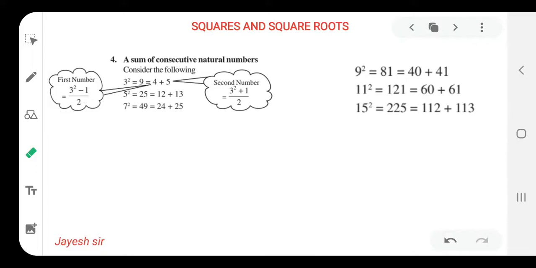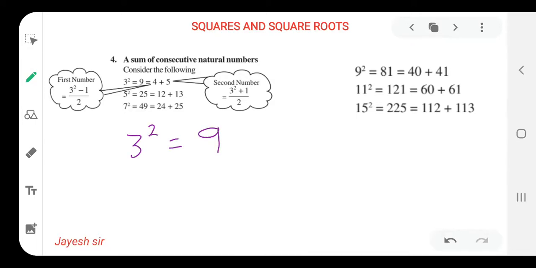What we are going to learn today is the sum of consecutive natural numbers. Consider the following. Try to understand it on your own. Yes friends, I am definitely going to explain, but if you can understand by yourself, it is a good thing that you are capable of understanding what the book publisher wants to explain. Now I am going to explain what he wants to tell us.